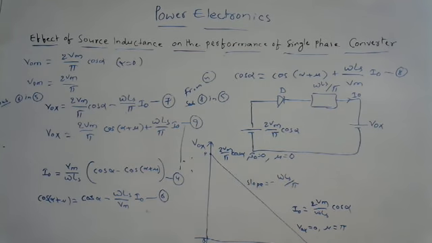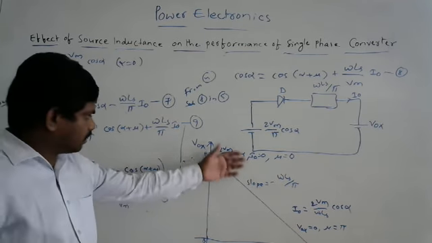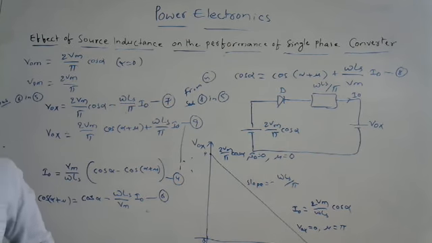From these characteristics we can say that when mu is less than pi, meaning the overlap angle is less than pi, the output voltage will be V naught x equal to 2Vm upon pi cos alpha